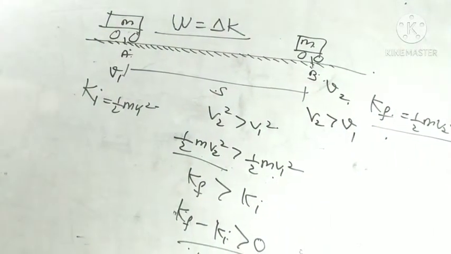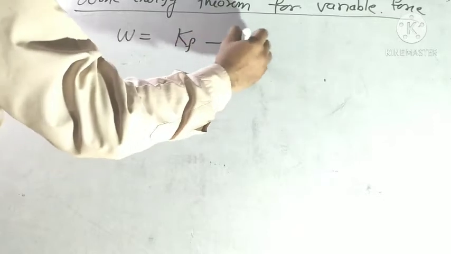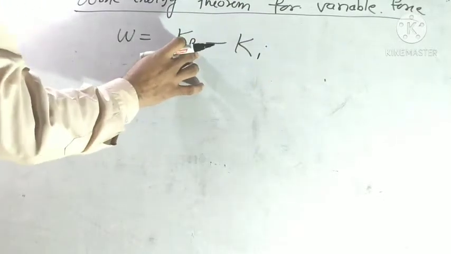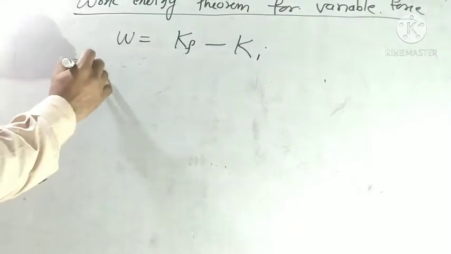So finally we write W is equal to Kf minus Ki, Kf the final kinetic energy, Ki the initial kinetic energy. But when the force is constant,